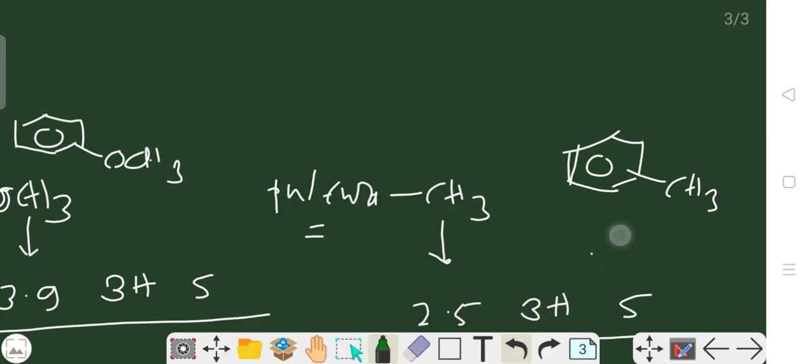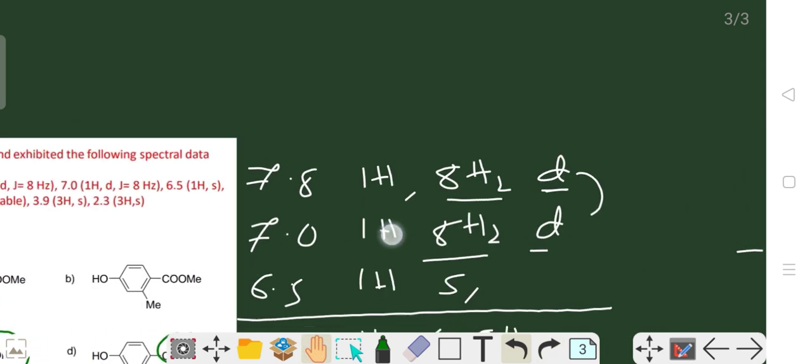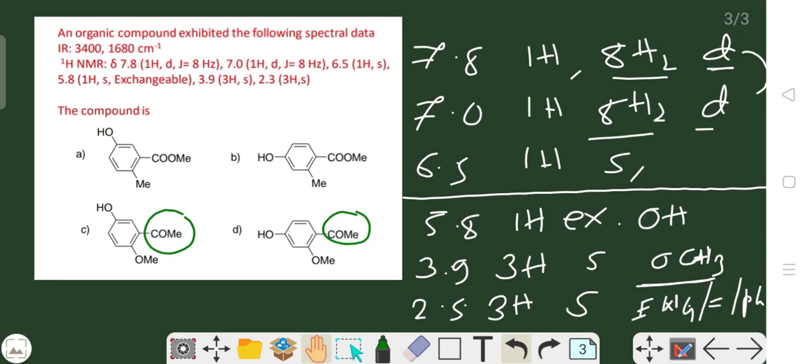Okay, now we are going to see the correct structure. Now the given data is like this one, and from that we can conclude. So 7.8 and 7.0, 7.8 particularly for the hydrogen which is in a de-shielded position. Here look at the structures that are given. For example, we only apply C and D, because A and B are neglected due to the IR spectroscopy here. So you know that this is a hydrogen and this is another hydrogen.